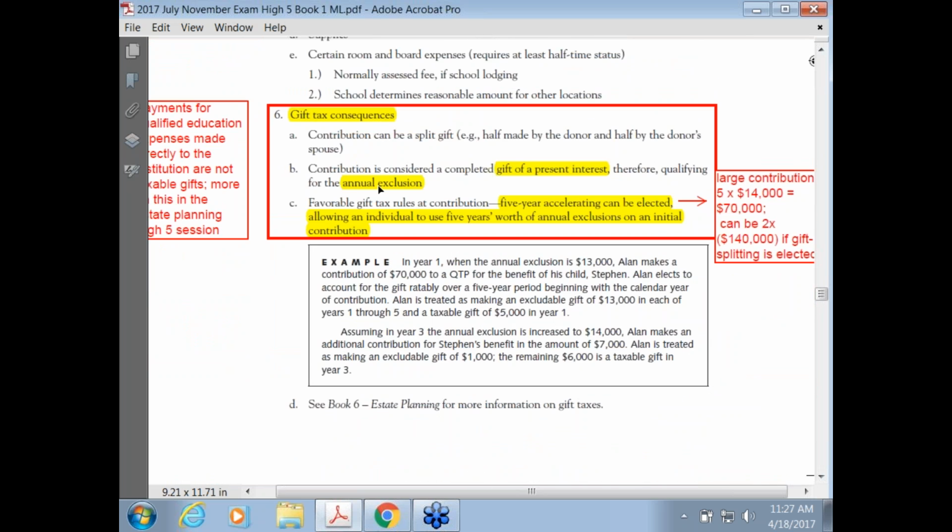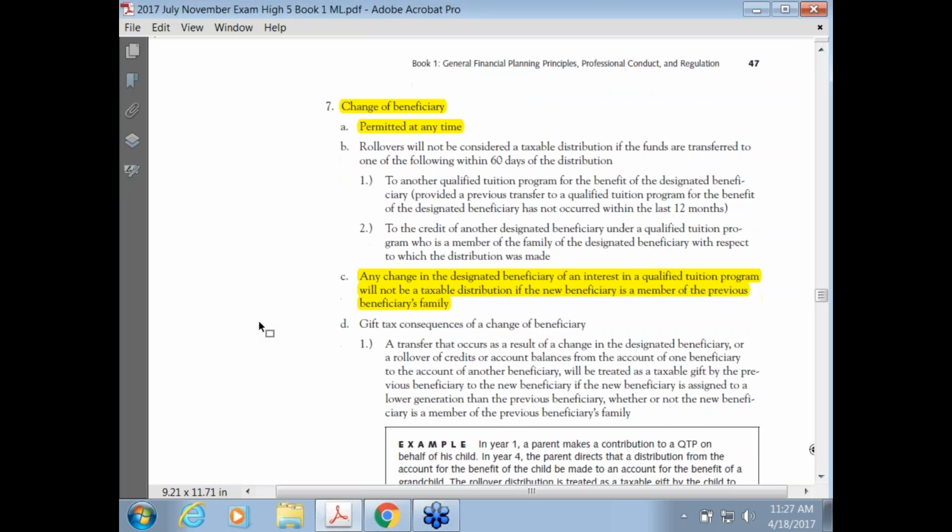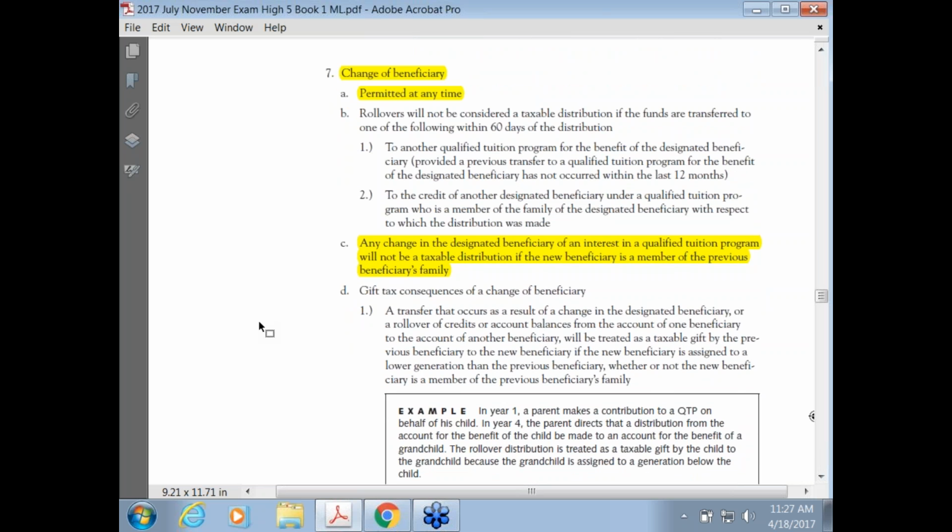Something else I wanted to mention here. As far as that annual exclusion, it is a gift of present interest, so it does qualify for that. You can change the beneficiary at any time. That can be important, because you may have a story where the child either doesn't need it or isn't going to go,